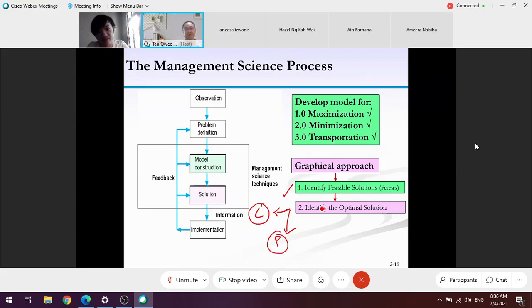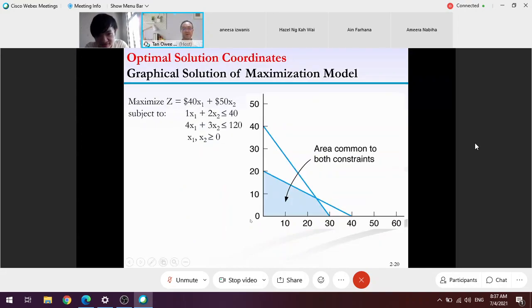So at the end of the day, which method you want to apply is up to you. Most of the students will say they like the coordinate method, but some also prefer the point method. The point method you need to understand in order to have a concept that makes it easy to understand what we are going to discuss in week 5. I'm going to take you through one by one. We start with the coordinate method first.